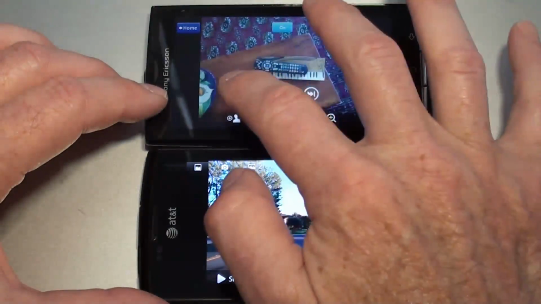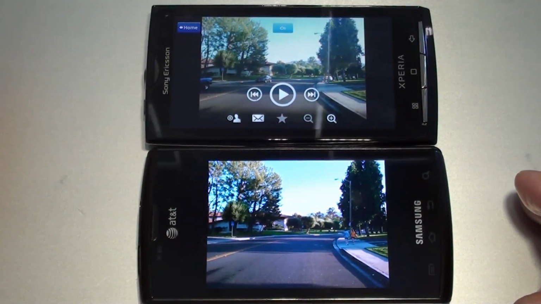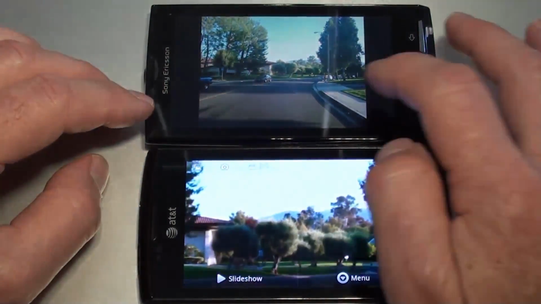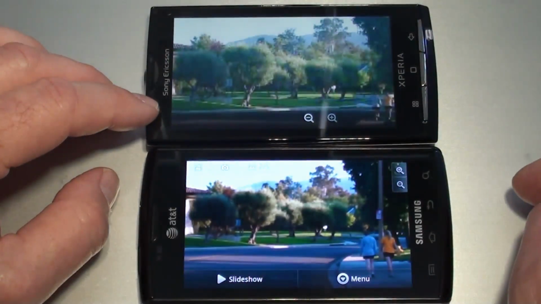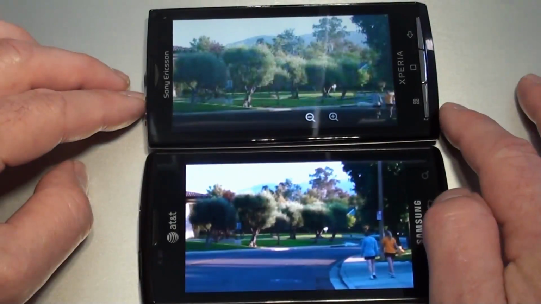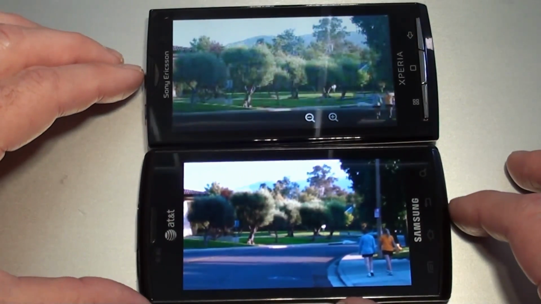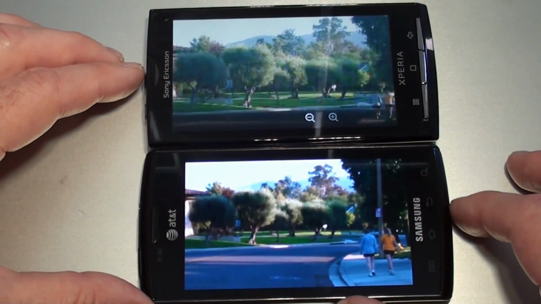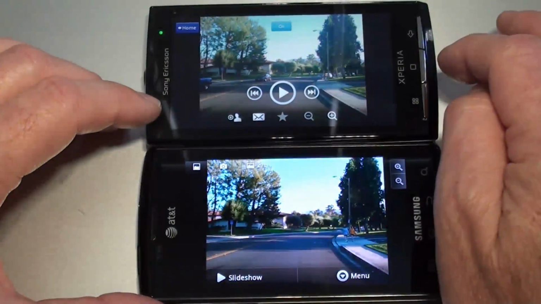Here's our long shot on both of them, and then I also shot a video as well. Double tap to zoom in. And again, the Xperia X10 is shooting with an 8.1 megapixel camera and the Captivate a 5 megapixel camera. The big difference is the Captivate does not offer flash. All right, let's take a look at the video